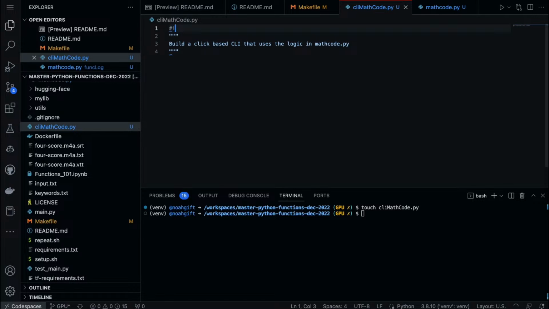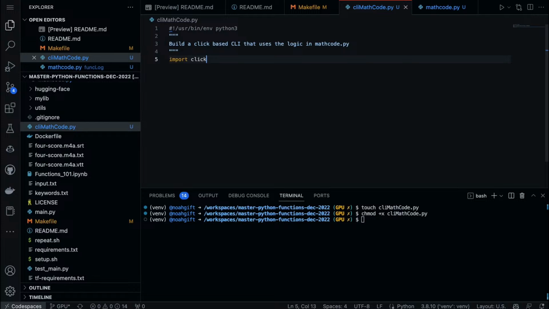And now what I can do is add the shebang line, which tells this script to use the command line interpreter automatically, and then I can also make it executable like this. And now all I have to do is pull in that logic and very quickly build out a command line tool. This will be extremely fast because I'm using Copilot, and it knows how to build out libraries that work with command line tools.